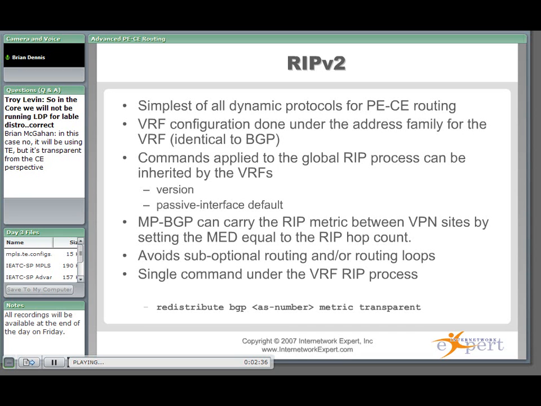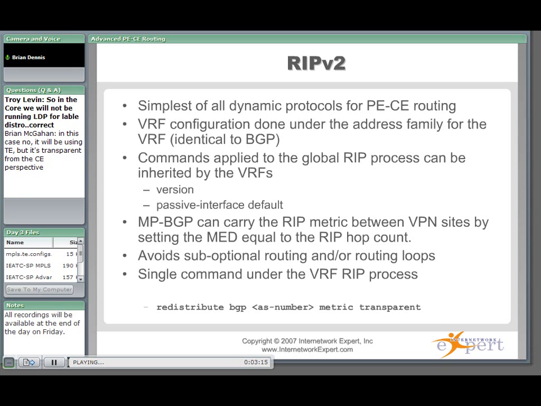You're just going to go under the RIP process. You're going to say redistribute BGP metric, and then you're going to specify transparent. There's going to be a lot of things that we see today that happen automatically. Some things relate to EIGRP and so forth there. And this is one of them. It's pretty simple to do. We don't have to get in there and do anything for BGP for this to occur. All right, so let's go ahead and